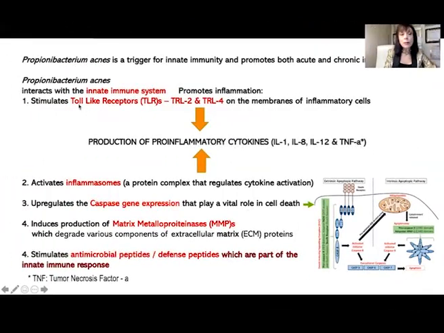As you can see, Propionibacterium acnes interacts with the innate immune system and promotes inflammation. And this inflammatory process activates inflammasomes. That's a protein complex that regulates cytokine activation. So this basically comes from many different ways, many different components that interact to create inflammation and therefore the acne